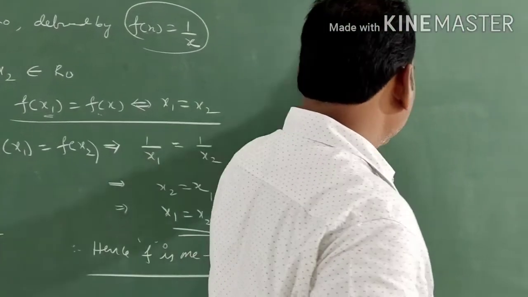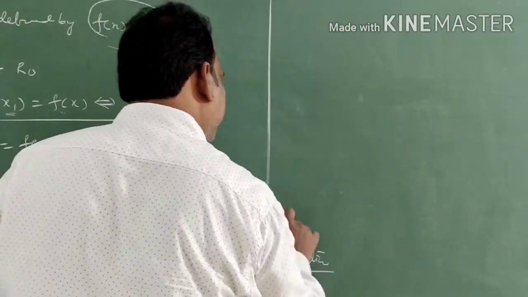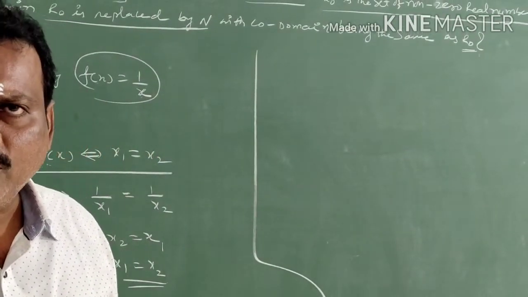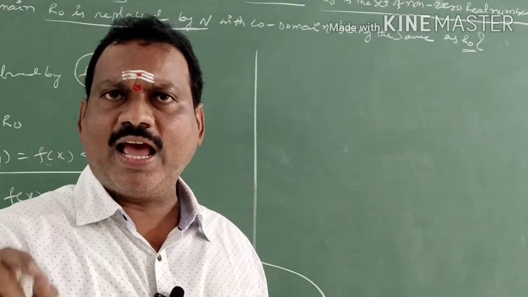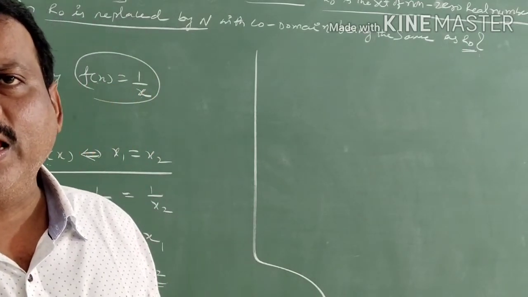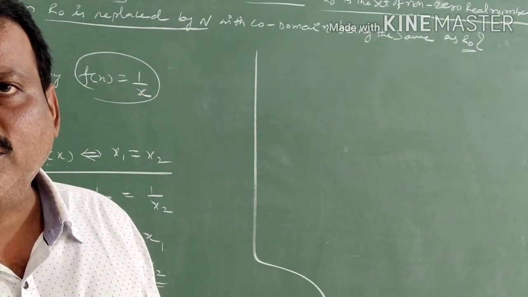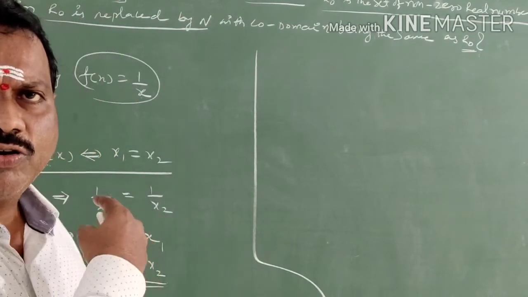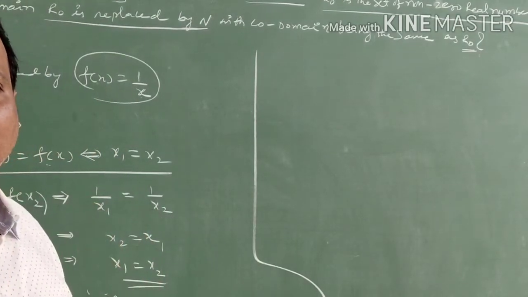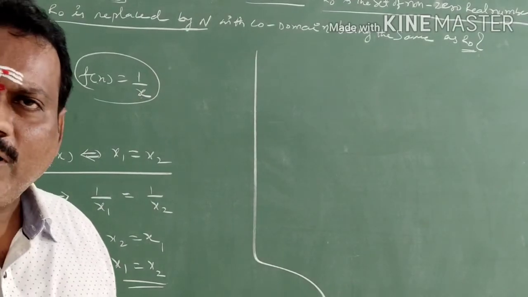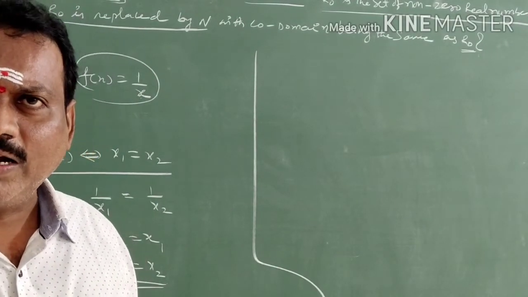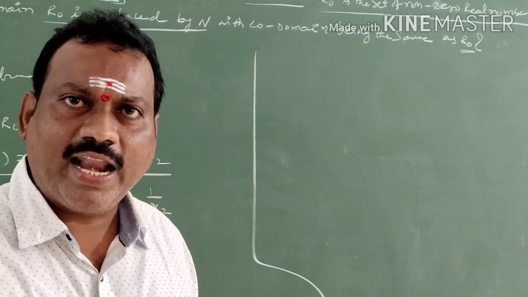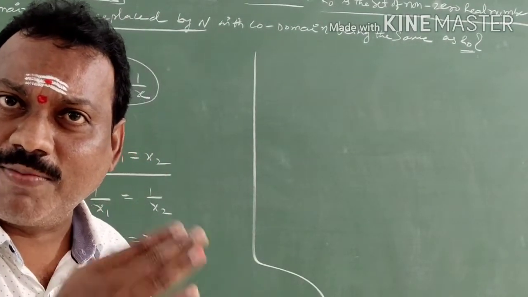Now I will check the onto function. What is meant by onto? You have to remember it. F is a mapping from A to B, said to be an onto function, if for every element in the set B, there exists at least one pre-image in set A. That means according to our problem, f is a mapping from R0 to R0. For every R0 element, that means for every real number except 0, there exists at least one pre-image